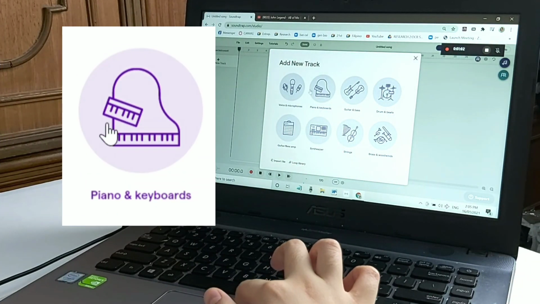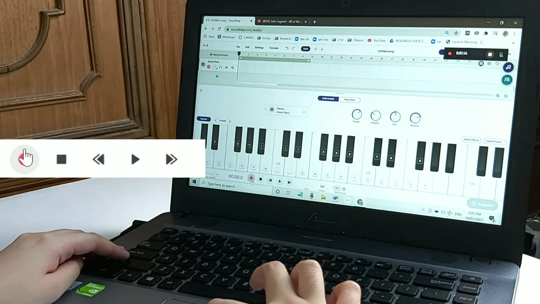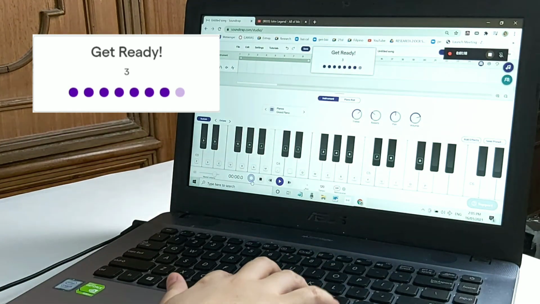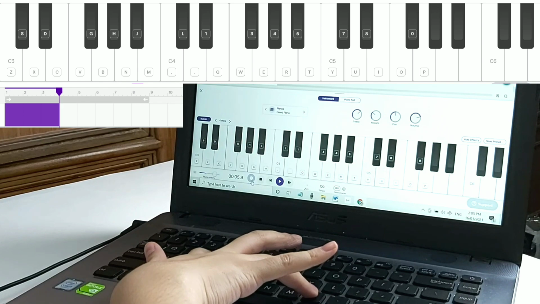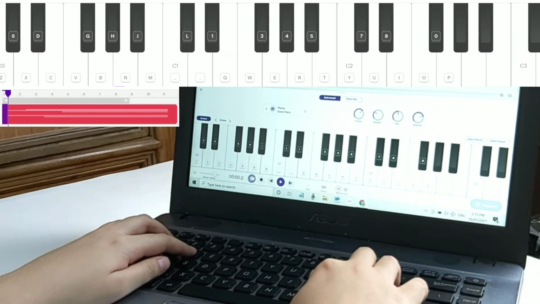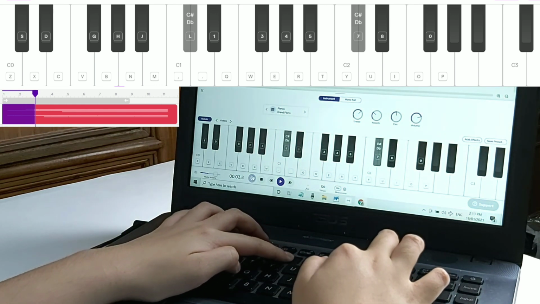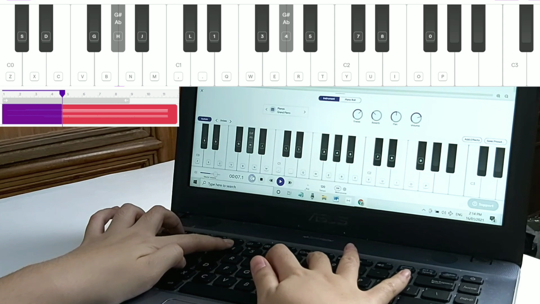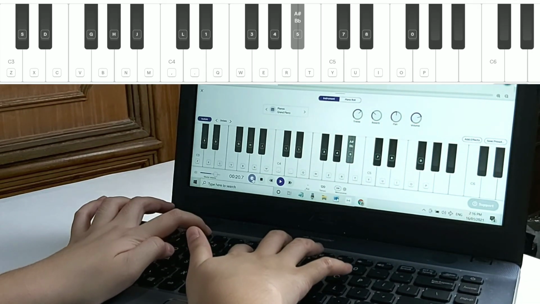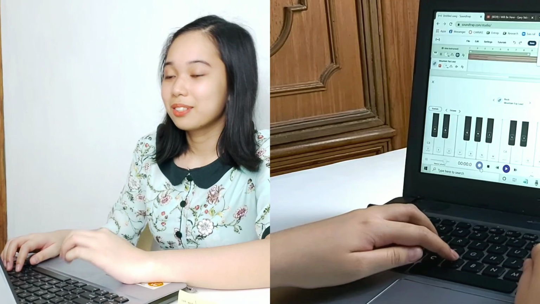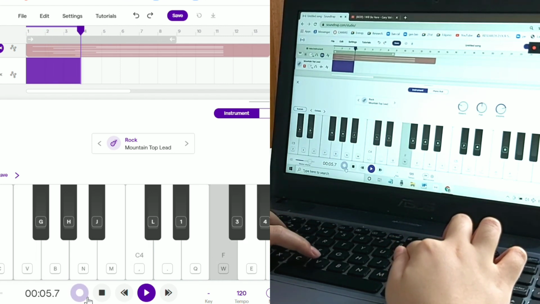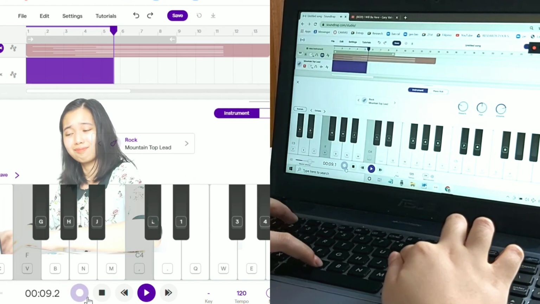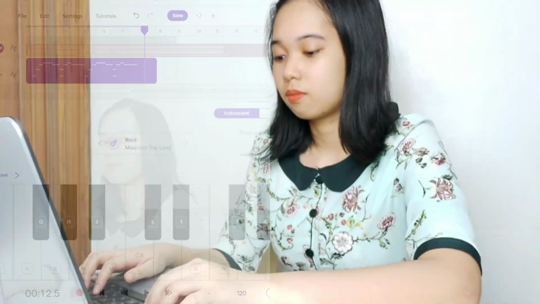Like what I've said earlier, it has a lot of available instruments like piano, guitar, violin,